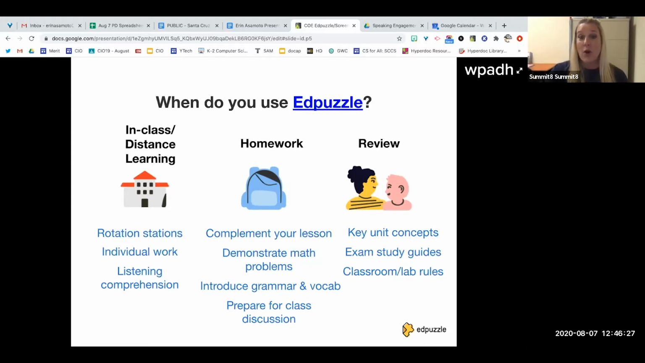I might assign this as homework to complement my lesson or to demonstrate other math problems and how to do them so that they're able to do their homework. To introduce new vocabulary or grammar that I want them to know before they come back to class with me, or to prepare for a class discussion. I use this a lot with Socrative